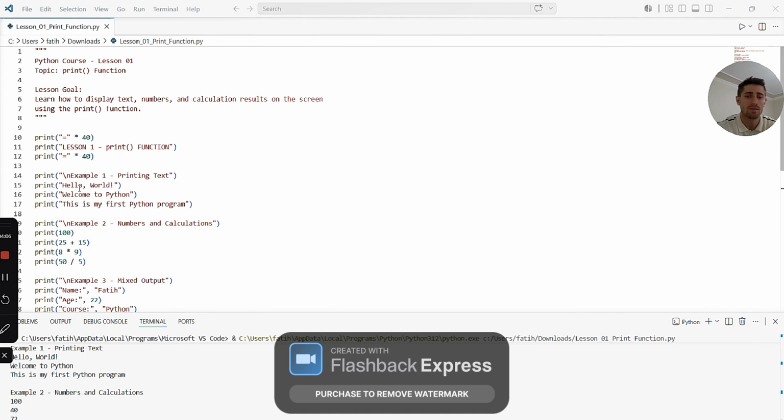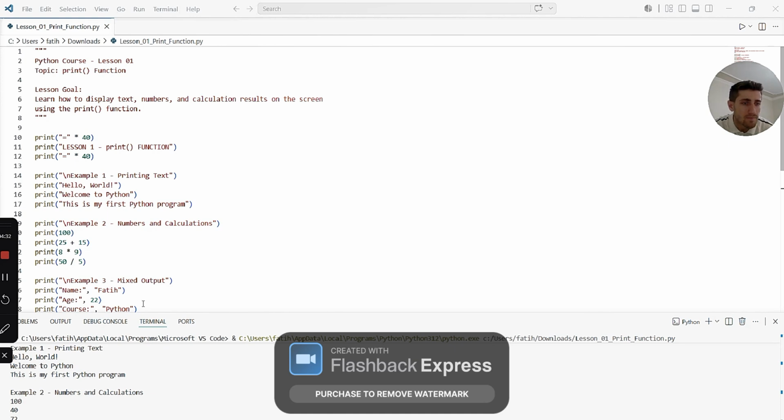Keywords: hello world, string, output. Why do we use it? To learn how to print text. And print welcome to Python. This prints a welcome message. Keywords: welcome, string. Why do we use it? To display information for the user.